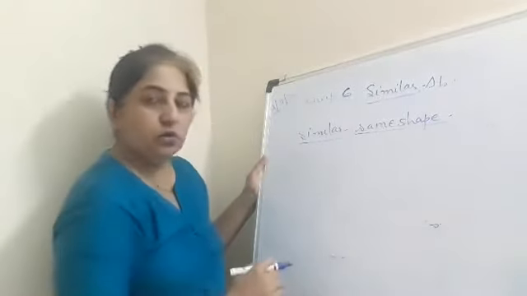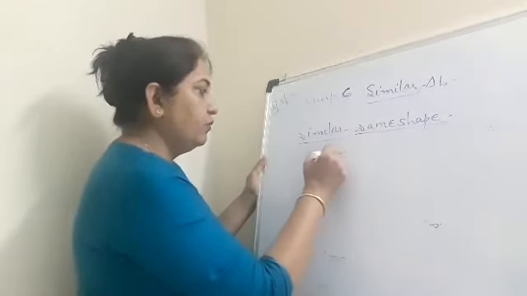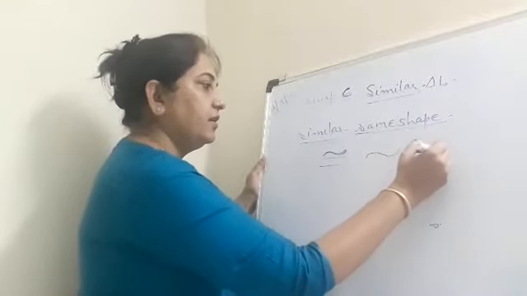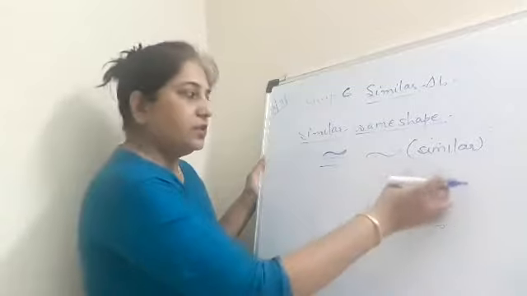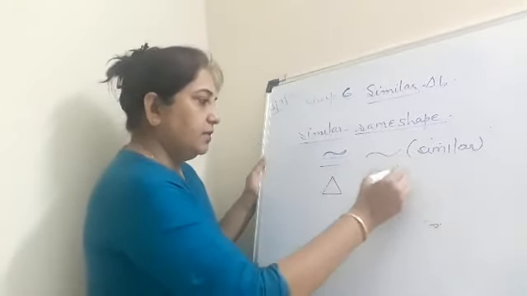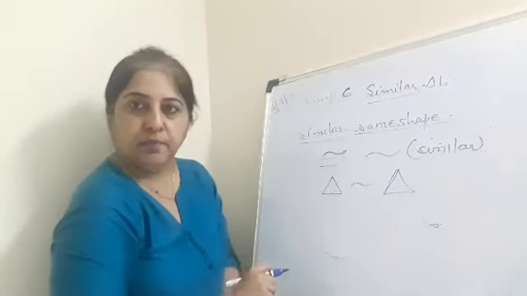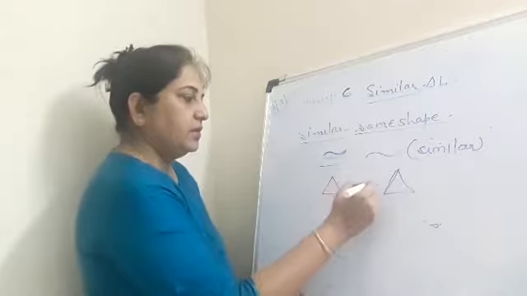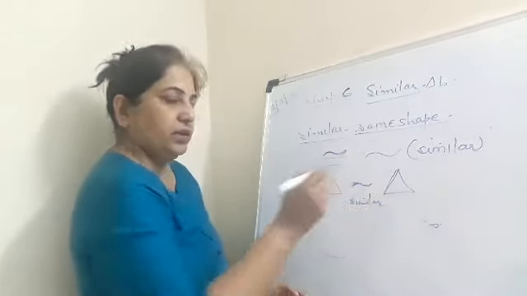When we write congruence, this is the symbol of congruence. But this is the symbol of similarity. When I say one figure is similar to the other, suppose this triangle is similar to this triangle, then there is this similarity sign. Okay, so you have to remember that this is how we write similar. When this symbol is shown, it means the two figures are similar to each other.